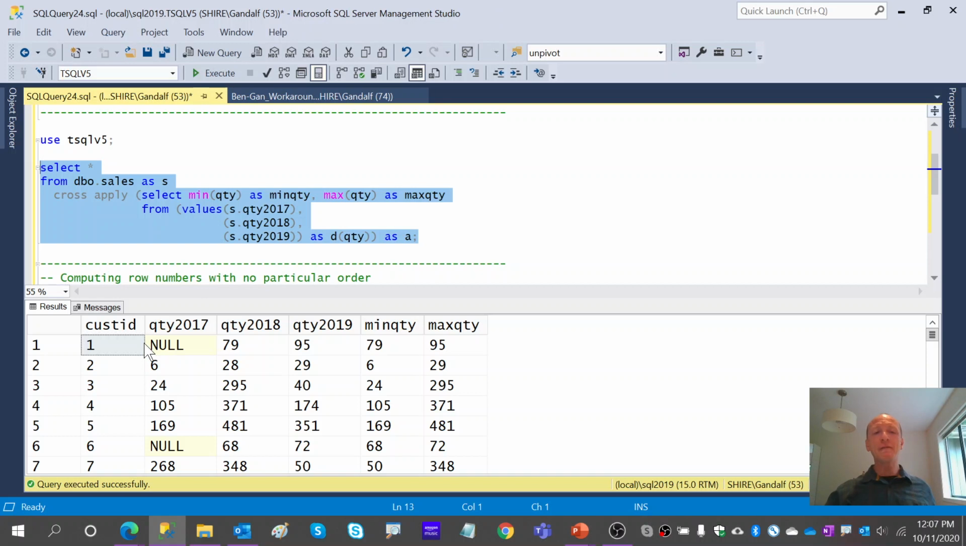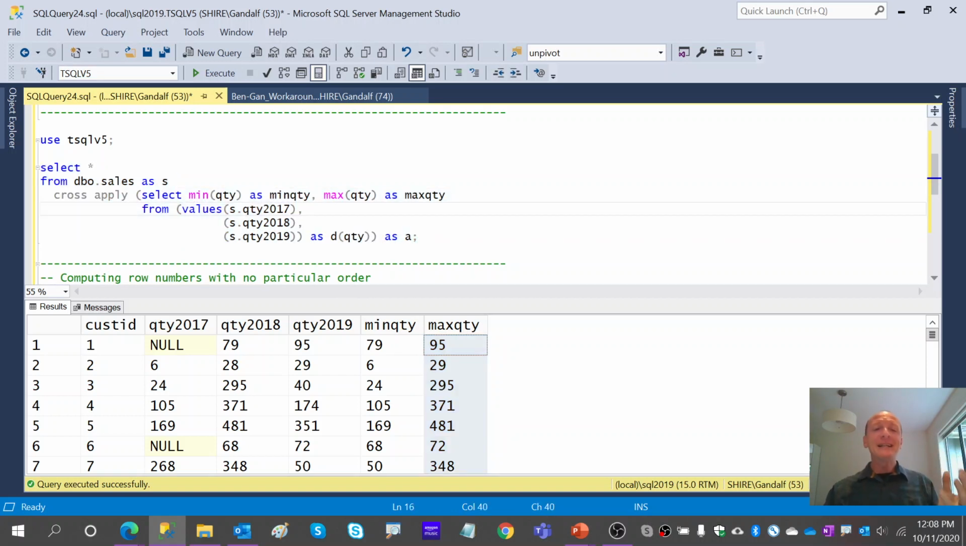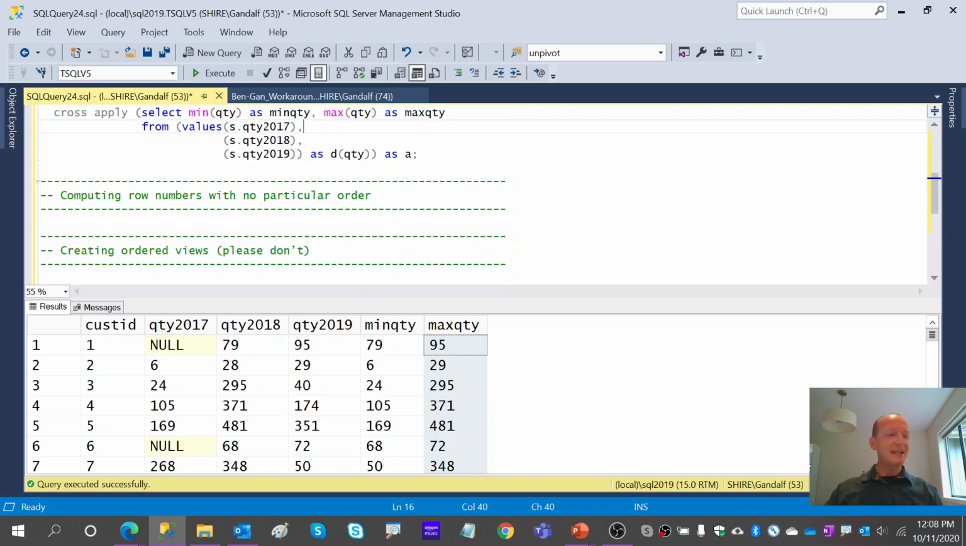As you can see, we have both the original 3 columns holding the 3 years, as well as the min QTY and max QTY. So it's a really cool technique that essentially applies unpivoting, but using this kind of custom technique that relies on the APPLY operator. Very, very flexible, very, very handy. All right, we're moving on to our next